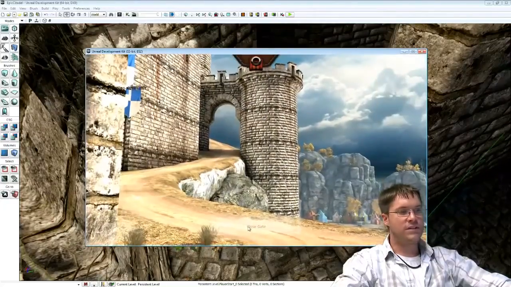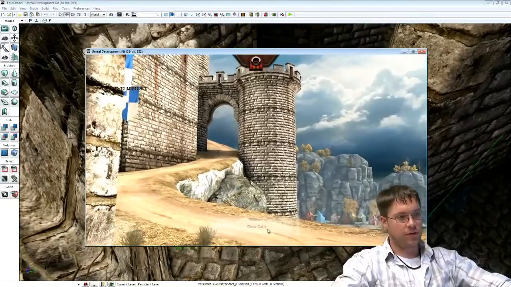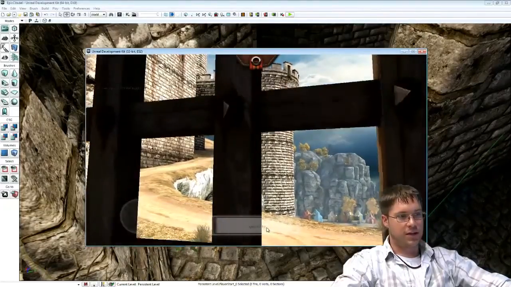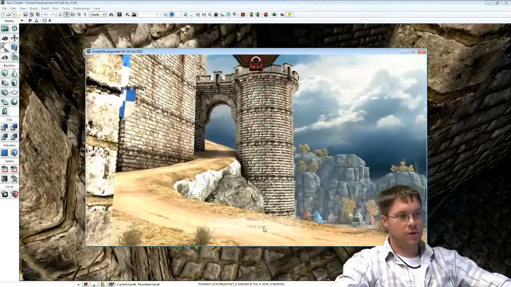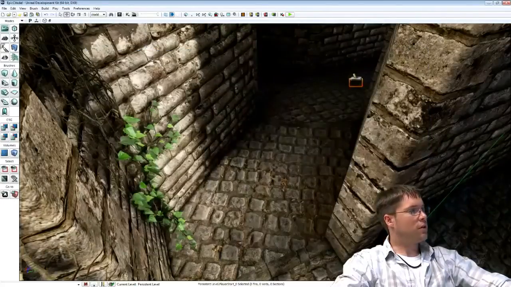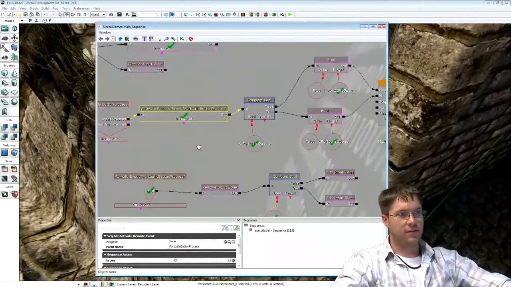So if you can see this on the live stream, if you look really close, the name is actually updating. When I hit open, it's open. When I hit close, it's closing. So let me go ahead and pretend like I was totally confident that was going to work out just fine